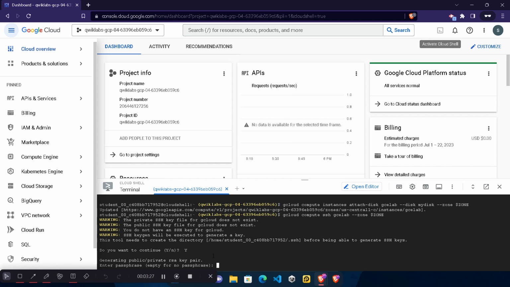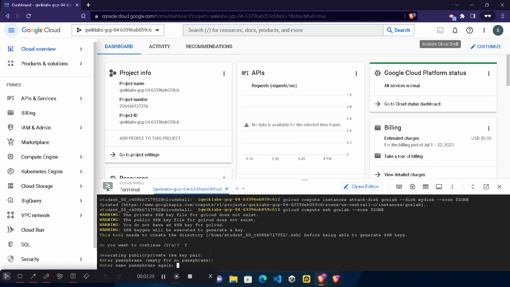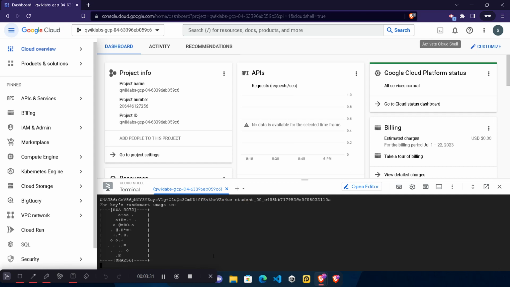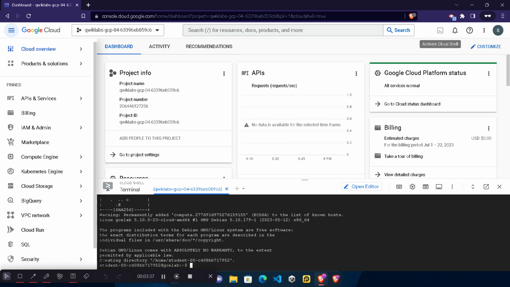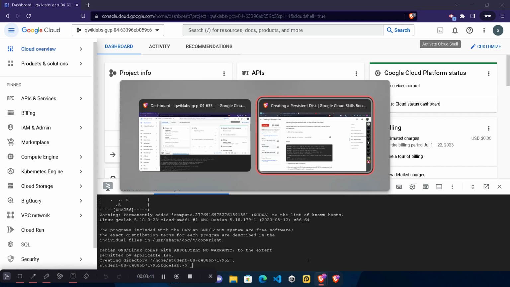You need to press enter 2 times continuously. Okay, hit enter, again hit enter and you are in your SSH shell. It will take a couple of seconds. Wait for it to synchronize the connection. And you can see we are under our SSH shell. Okay, now what you need to do, once you are done with this, come back to here, scroll down a